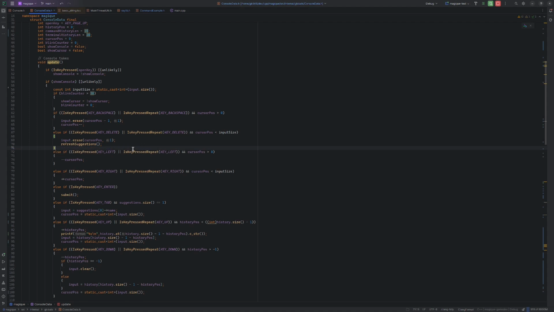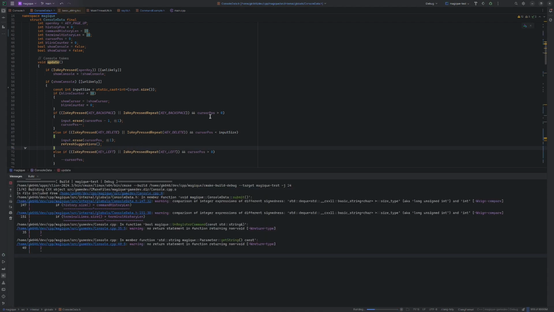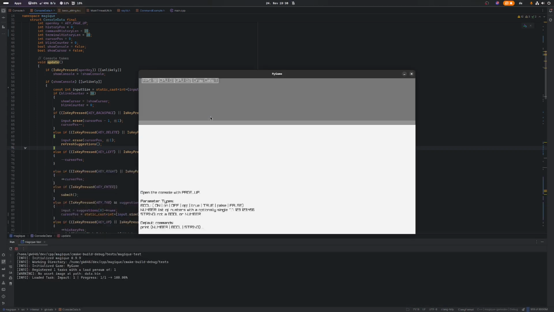I also don't need it. Just trying if I can like break anything. Spam buttons. That shouldn't